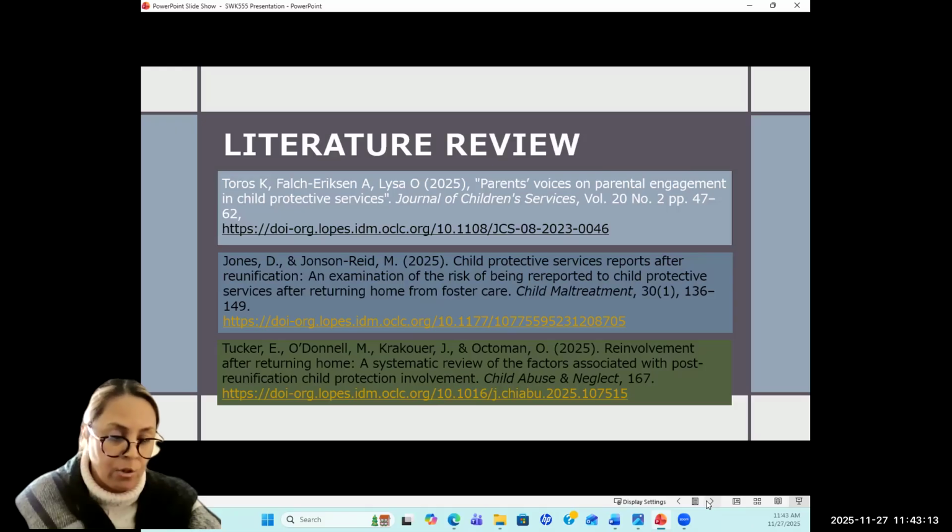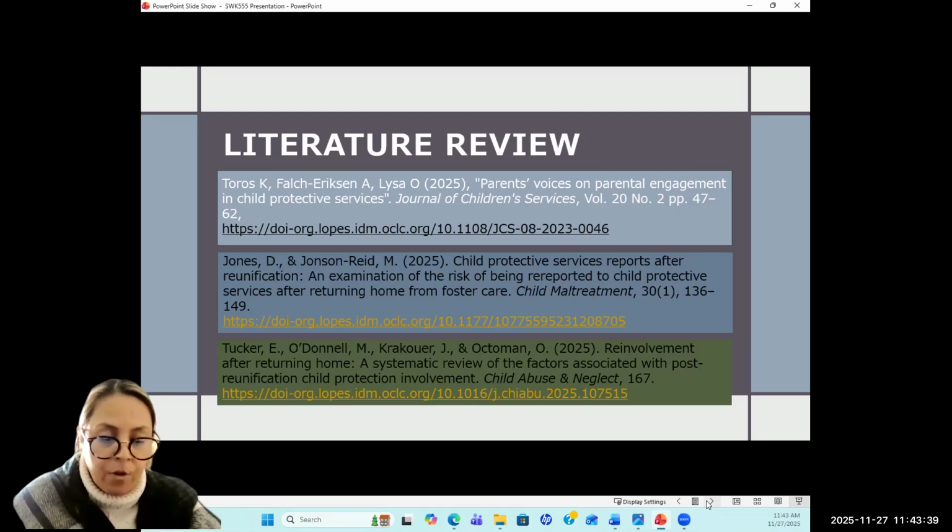In their study, they identified that child age was a significant factor with child protection re-involvement after reunification. This study confirmed that children under the age of 1 are more likely to re-enter, due to older children being able to protect themselves. So it was a protective factor as they age.